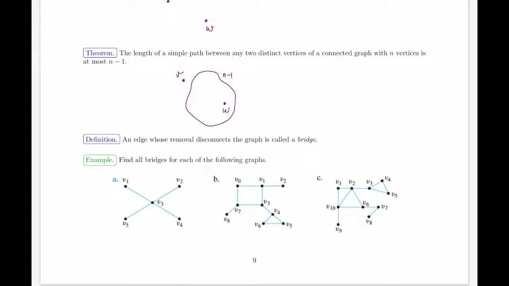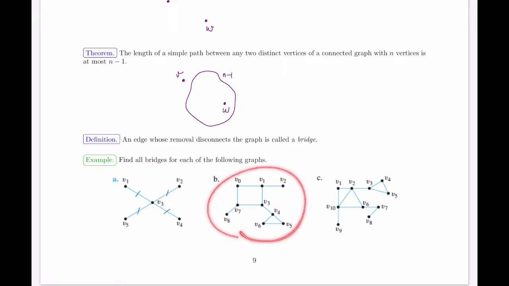Let's take a look at a few examples here. So in this graph here, notice that the intersection is also a vertex itself. If I remove this edge, my graph will get disconnected. This vertex V1 will no longer have a path toward any of these other vertices. That means that this one edge disconnects the graph, and so this one edge is a bridge. If I remove this edge, I can make a very similar justification. It will disconnect this vertex from everything else, which means that it will disconnect the graph, so this edge is also a bridge. So this one is a bridge, this one is a bridge, and of course the other two are bridges in the same way.